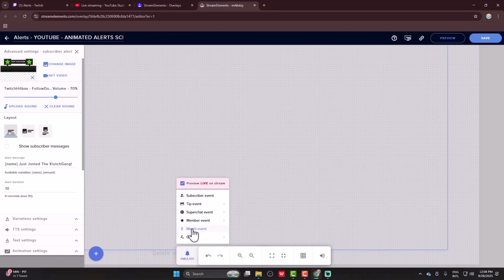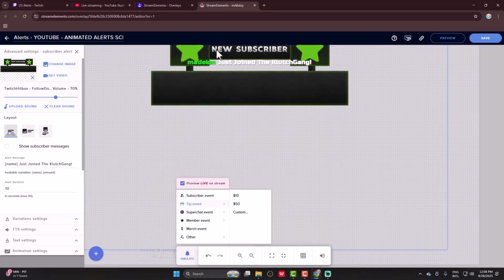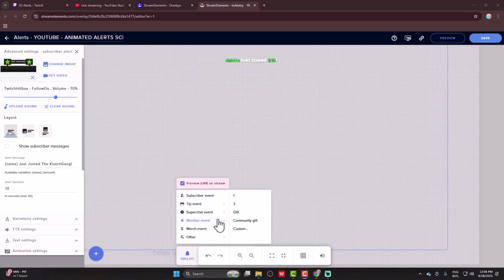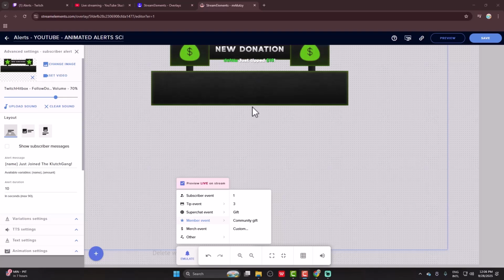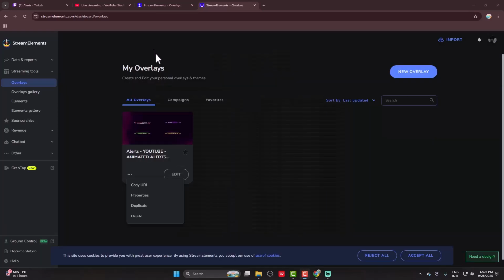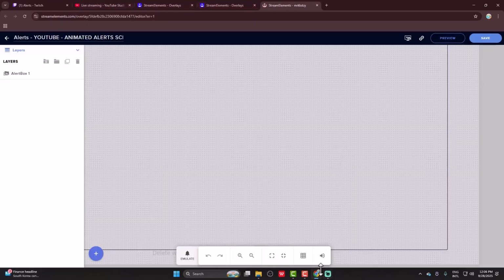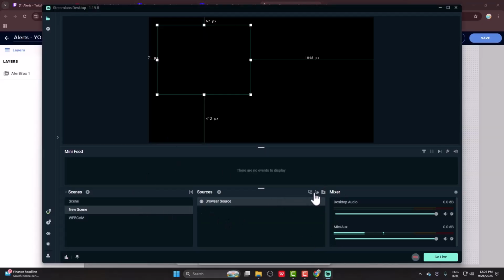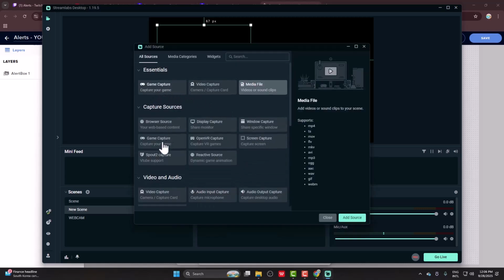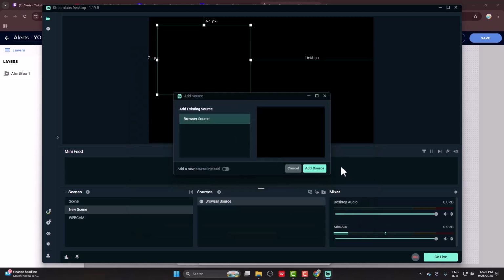Now you can emulate it by simply clicking here, just like that. As you can see, new subscriber is there. There's also super chat. You can try that. As you can see, there's the tips as well. Don't touch this. Now, in order to have it, all you need to do is copy the URL for your alerts and do the same process right over here by creating another browser source and adding another source